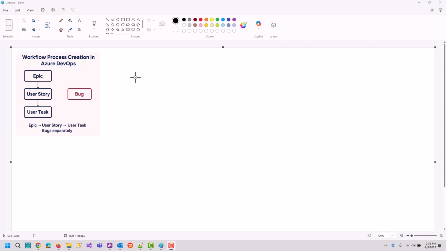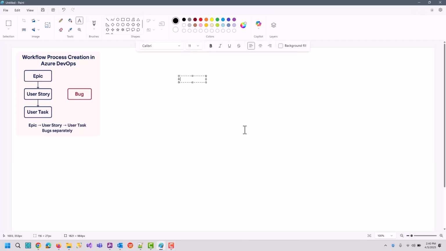Okay, so let me give you an example to explain this hierarchy. Let me give you an example for epic first. So suppose in your online store project you need to create an authentication system. So you will name the epic, let me write it here, user authentication system.